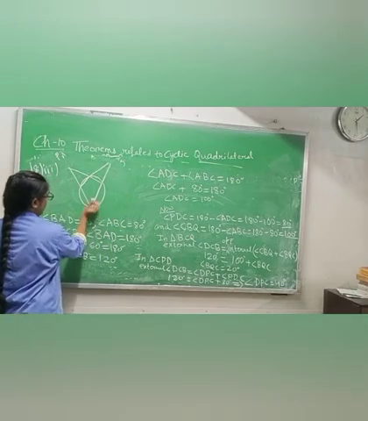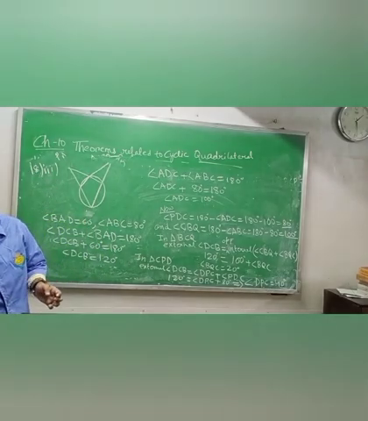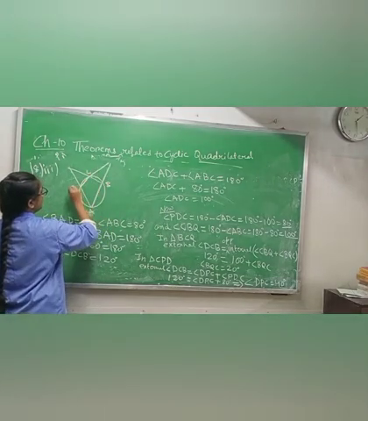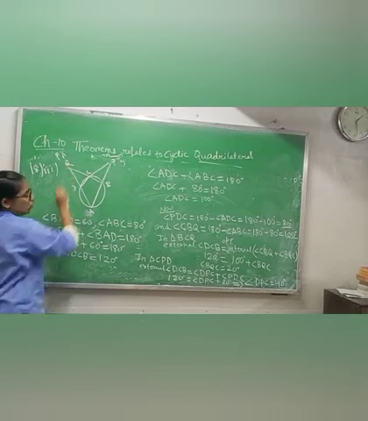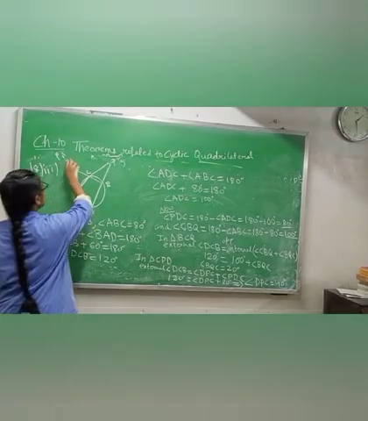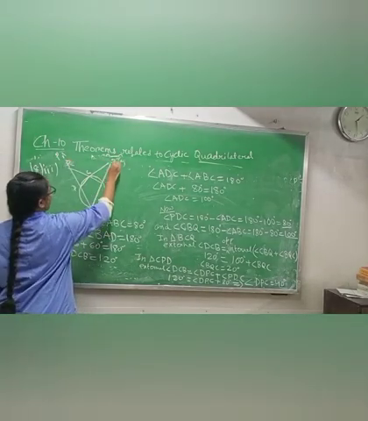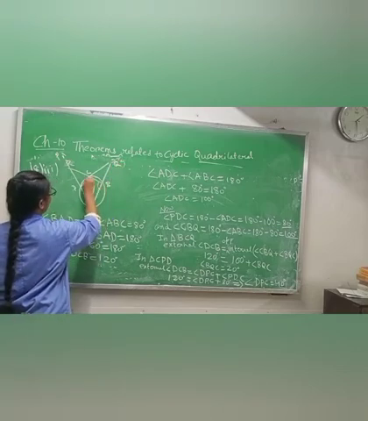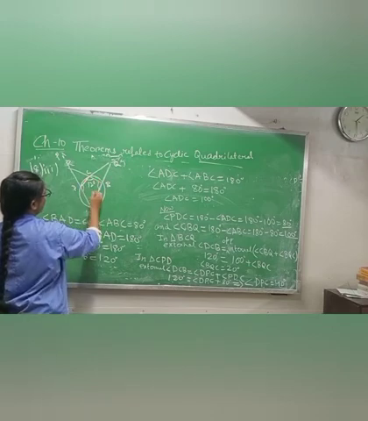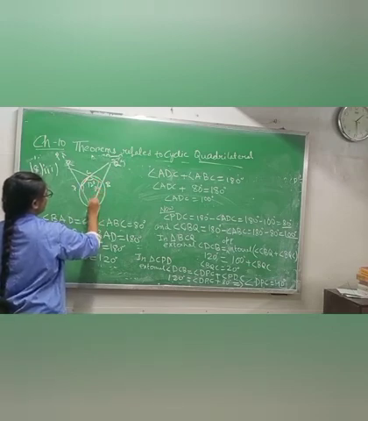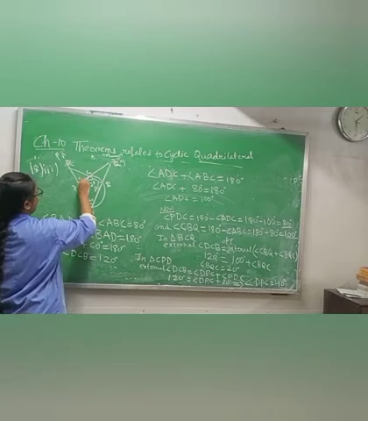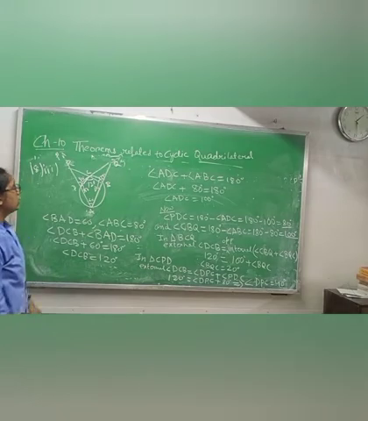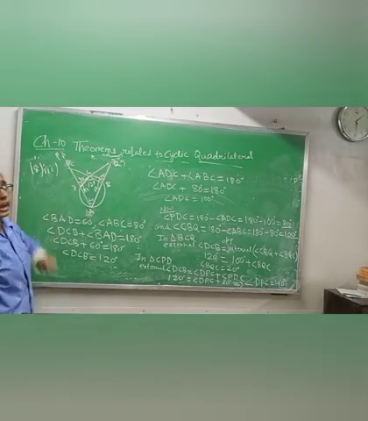Okay, so in your diagram it is given A, B, C, D, and this one is P and this one is Q. So this one is 60 degrees, this one is 80 degrees, you got 120 degrees, this 80, this 60, this one you got 100, this one you got 80 degrees, and this one you got 100 degrees. You got all this. Now you have to find angle Q and angle P.